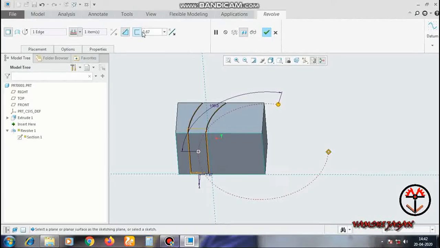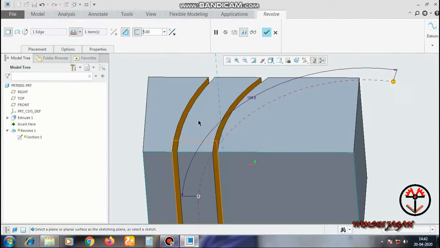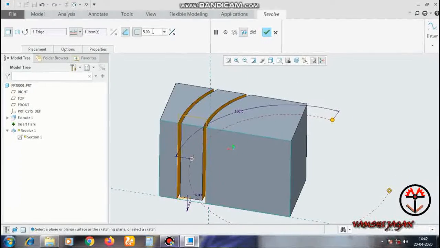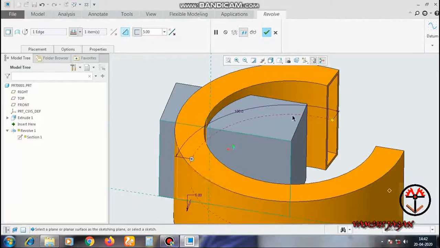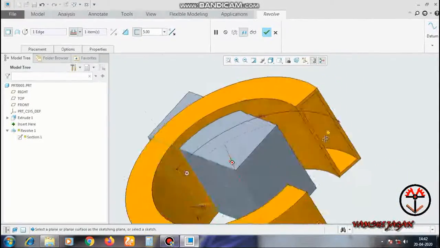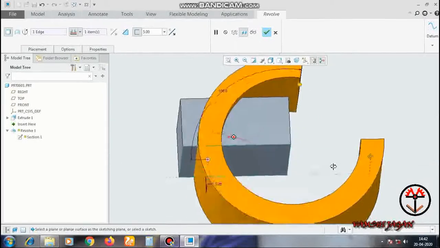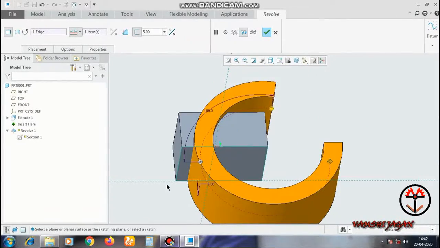Yeah, it removed material. After that you can click thickness also. For removing material in thickness I will keep 5 mm. You are seeing, yeah. And without clicking removing material, you can see it worked as shell.